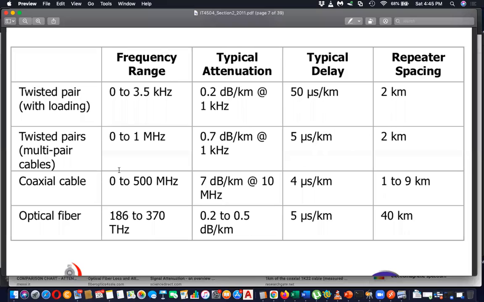Twisted pair with loading and multi-pair cables. So this is general twisted pair. With multi-pair cables, it can go up to 2 kilometers. But practically, it will not go that much distance. Right? Fiber optics also, it's like 30-40 kilometers. But the thing is,